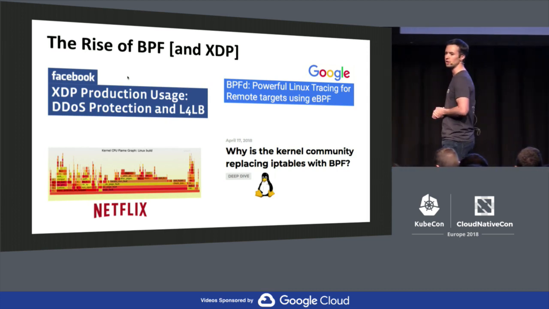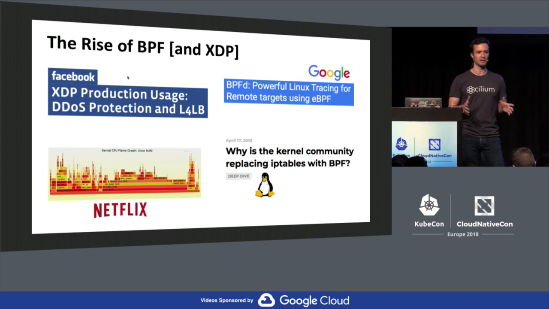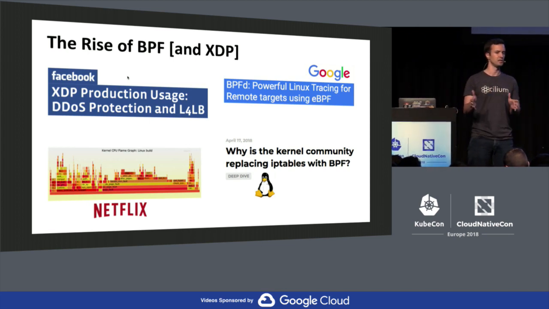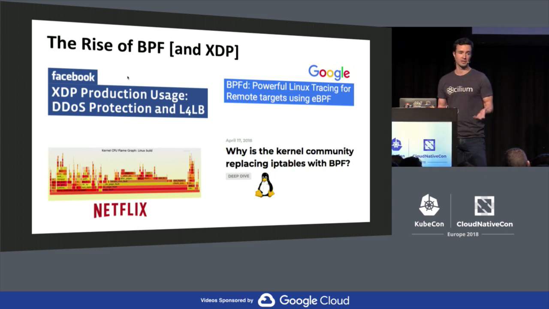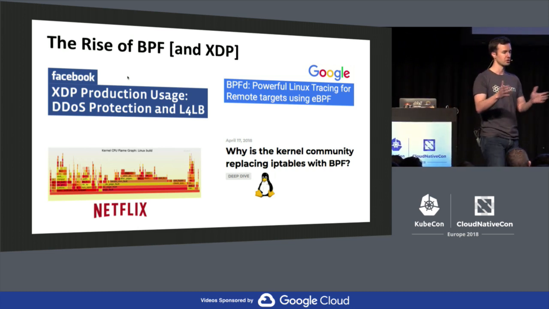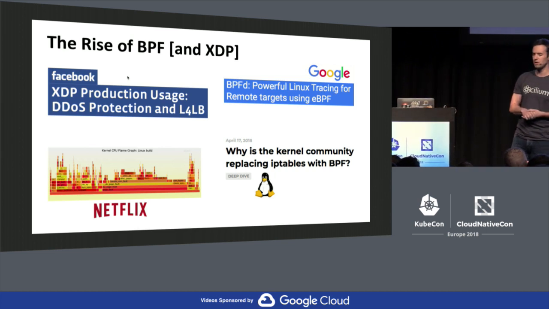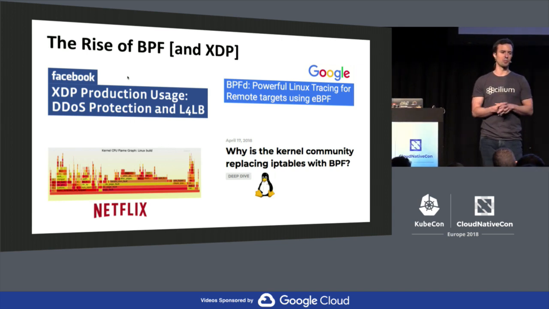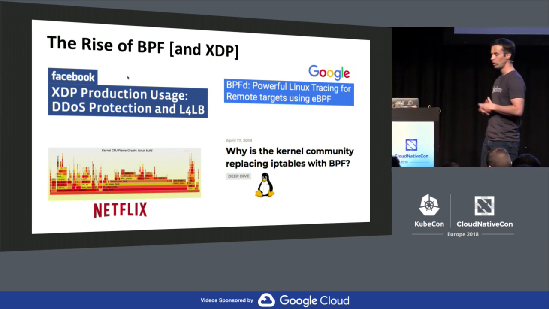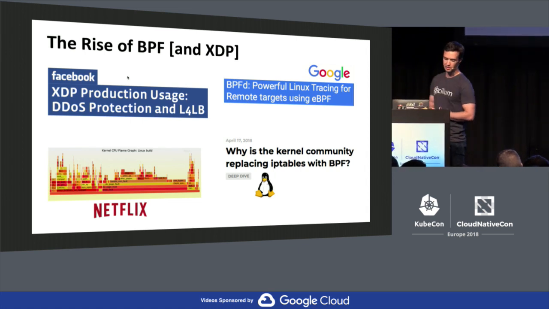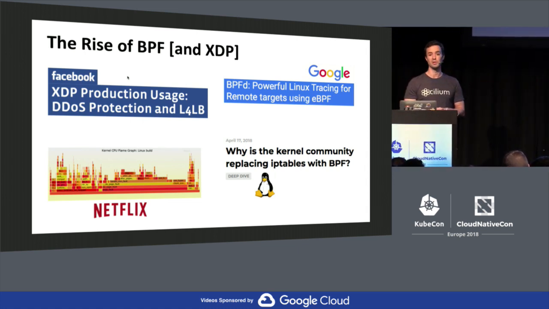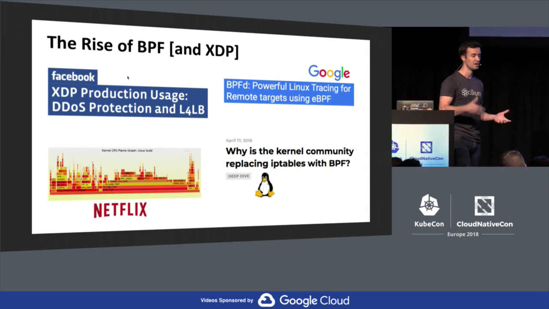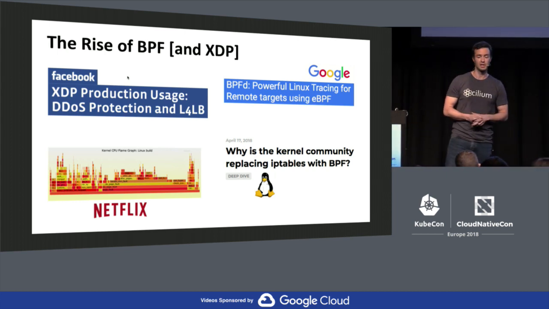The first one we're looking into is how Facebook uses BPF and XDP. XDP is a special version of BPF to do load balancing. Load balancing at L3, L4, so not the service mesh use case at L7, but just L3, L4 load balancing and DDoS mitigation. We're looking at how Netflix and Brendan Gregg use BPF for profiling and tracing, finding the bottleneck